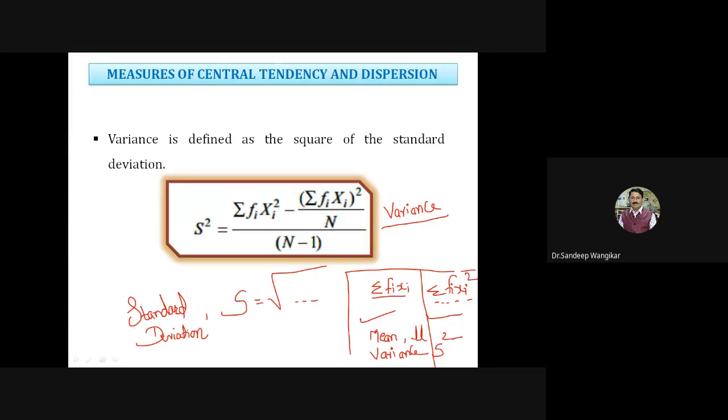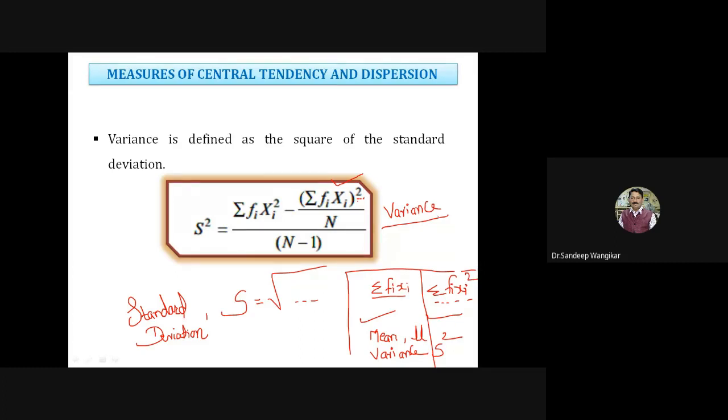Okay, so have a look at the two formulas. In any numerical, whatever the f and x are given, I have to go to tabular format and calculate summation fi xi and summation fi xi square. The last term may not be that much of a problem, because if you can calculate summation fi xi, then you can easily square it.